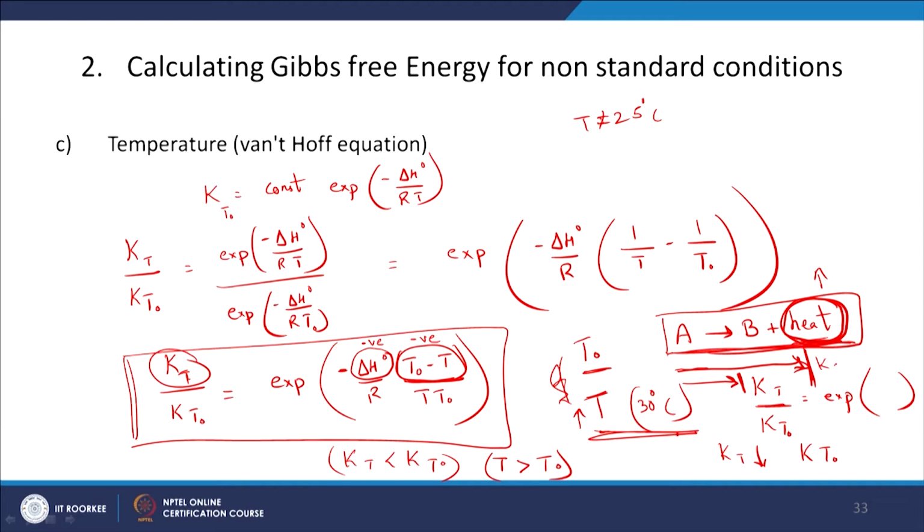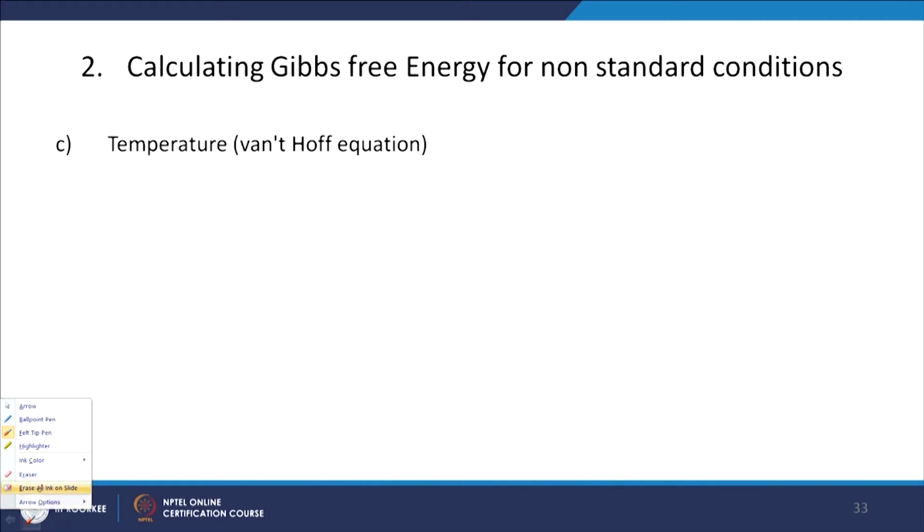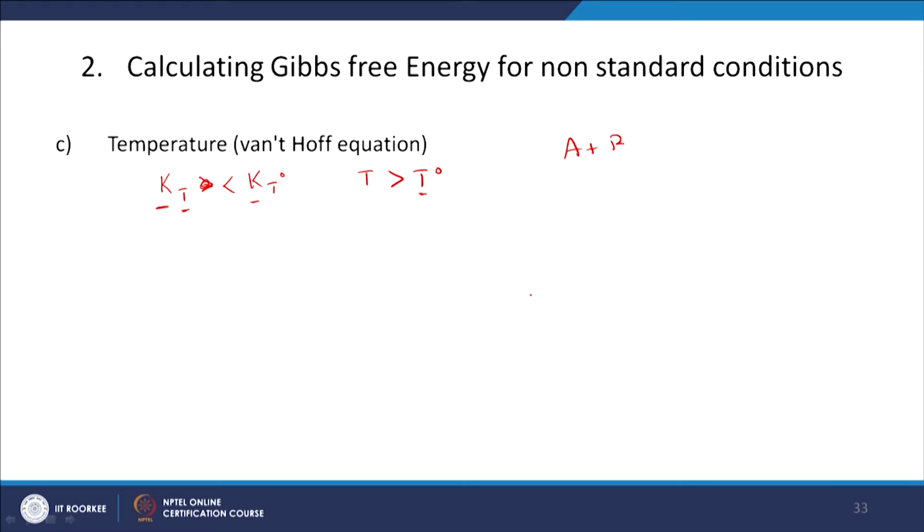So this, let us say, is KT naught and this is KT. I guess I am overwriting too much, let us look this up again. So here we said that KT will be less than KT naught when temperature T is greater than T naught. What is K? Equilibrium coefficients. T is at higher temperature than T naught, which is 25 degrees centigrade, and the example we used is for an